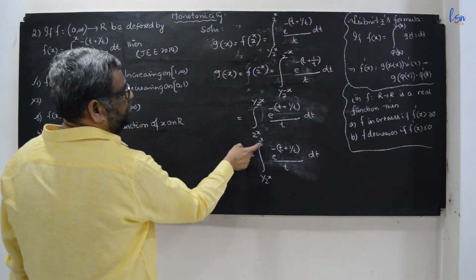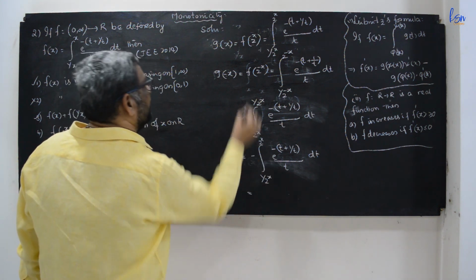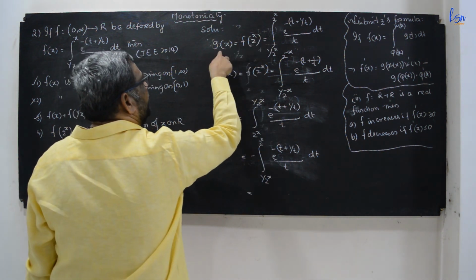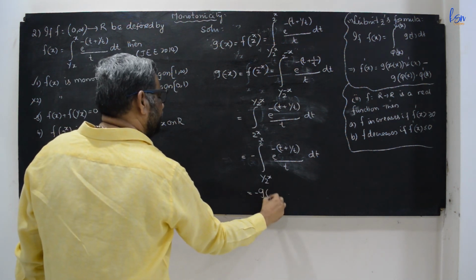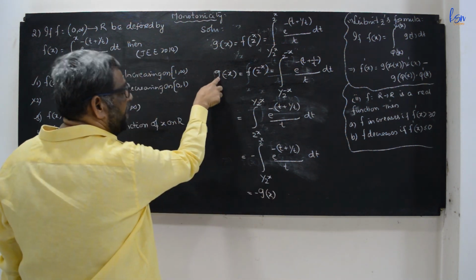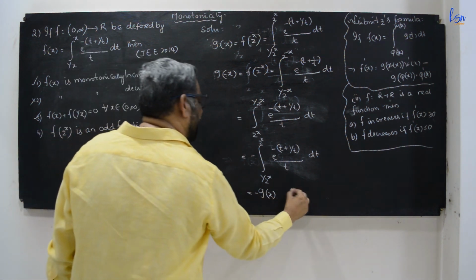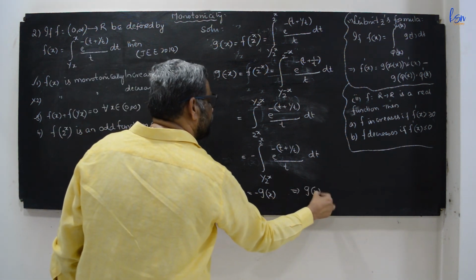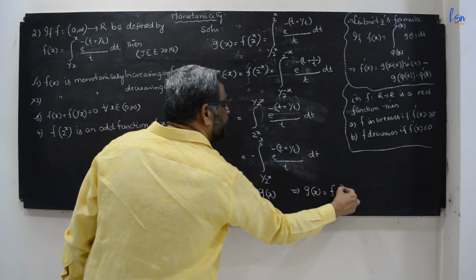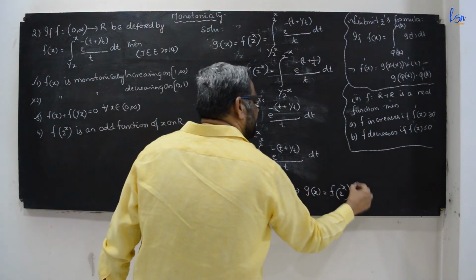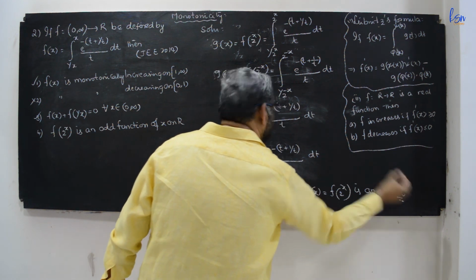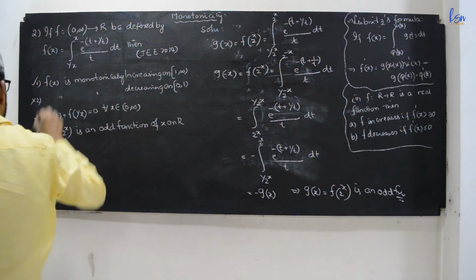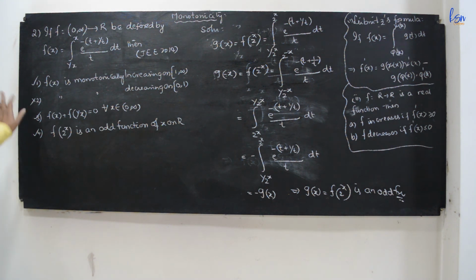Minus integral 1 by 2 to the power of x to 2 power x. This is nothing but f of 2 power x, or g of x. This is nothing but minus g of x. So g of minus x equal to minus g of x implies gx, which is equal to f of 2 to the power of x, is an odd function. So the fourth one is also correct. So 1, 3, 4 are the correct answers.